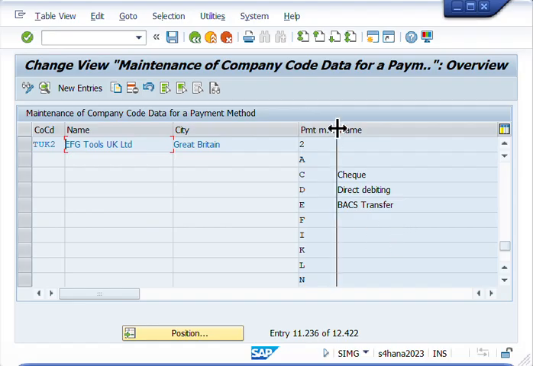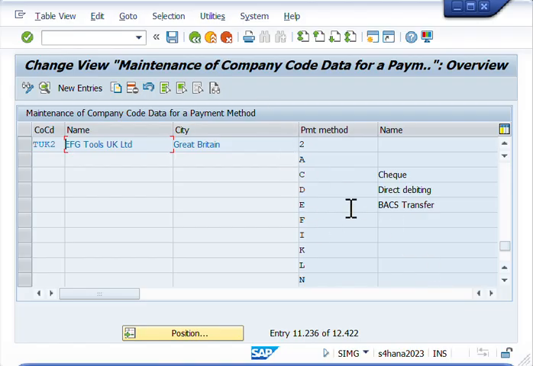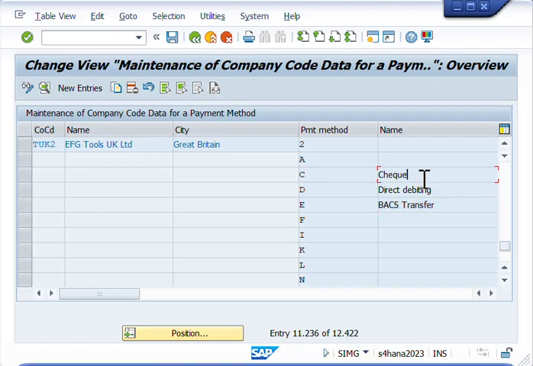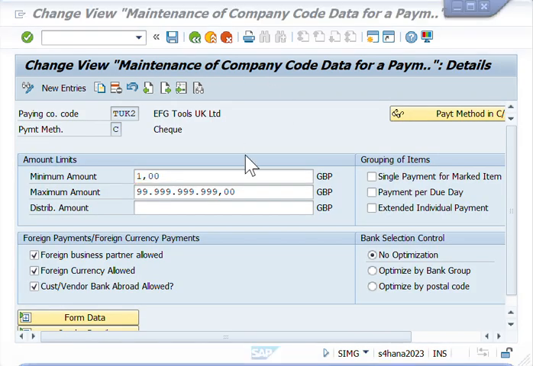So we have several payment methods. We will be using check and also bank transfer. We'll use check and bank transfer. Let's go first to payment method C for the check. Double click. So for the check,